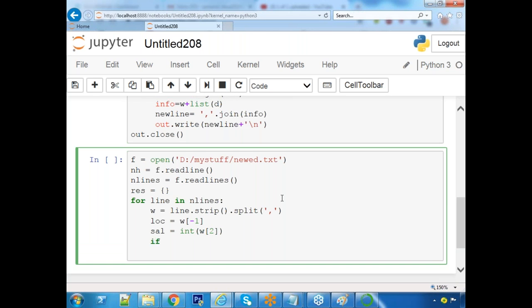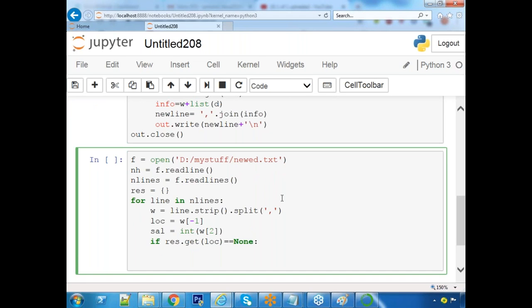If result dot get of location equals to none. If this condition is true, it means the location is not available in the dictionary. If not available, you have to insert it. Already you know this technique from the grouping aggregations part. Result of location is equal to salary, else result of location plus equals to that salary.